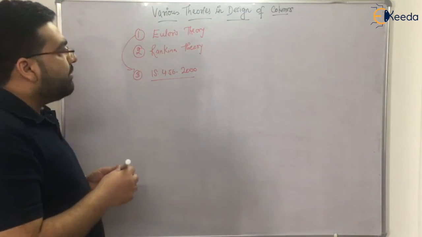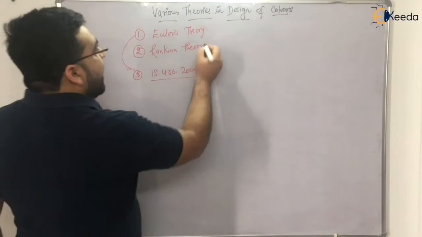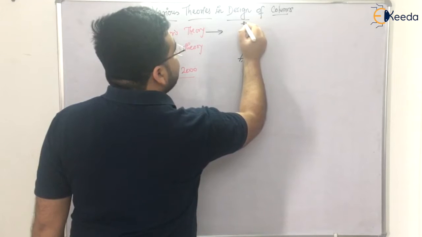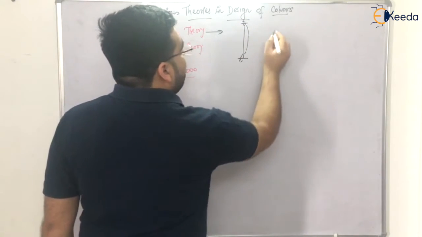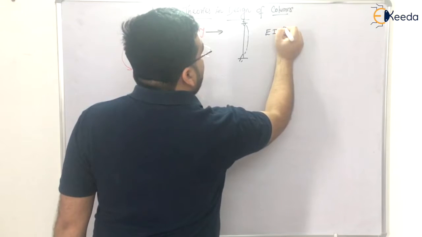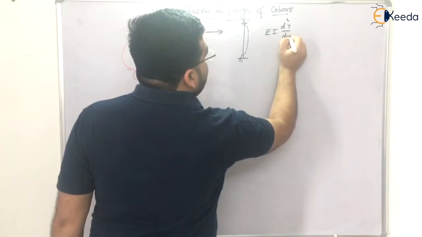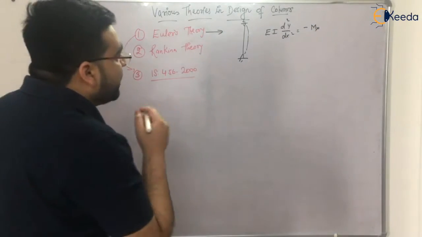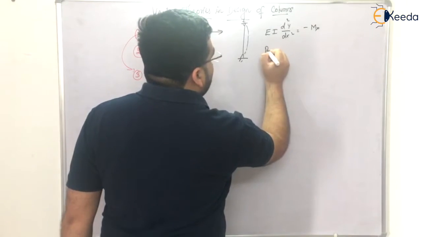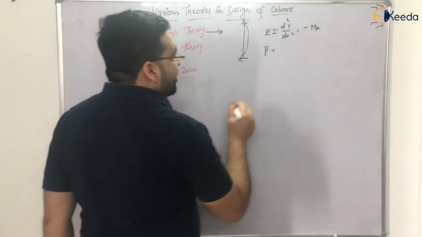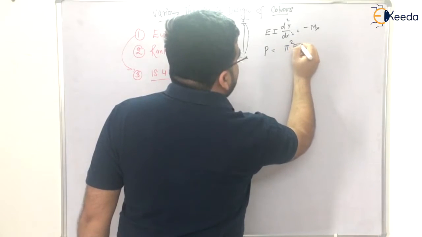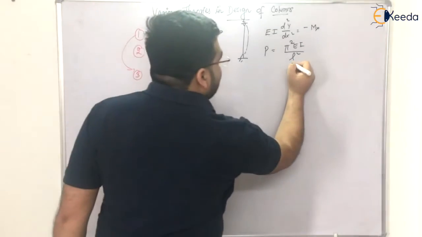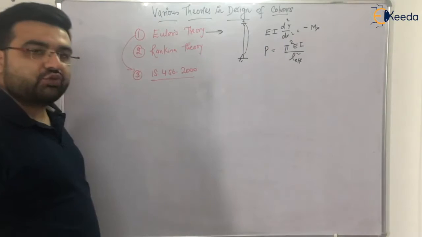Now, what is Euler's theory? I'm not going into detail on that. You must know that Euler's theory is determined, for example, for a column, right? It is hinged at both ends. You apply some load, there will be some deflection, and you know the formula EI d²y/dx² = -Mx, and from it you get some values. The value you get is the ultimate load, the crushing load, P = π²EI / L², where L is the effective length, that is, L effective squared. Let me write it: L effective squared.